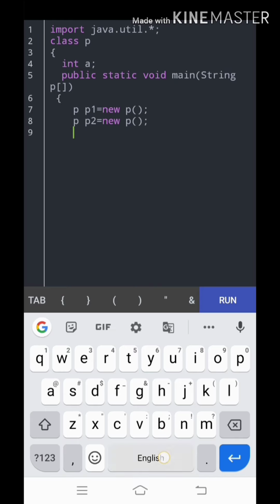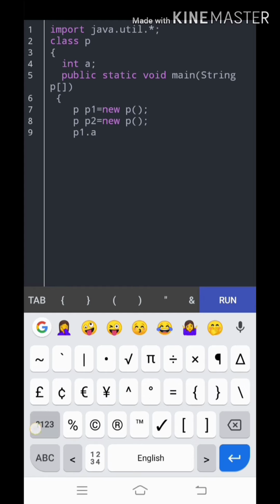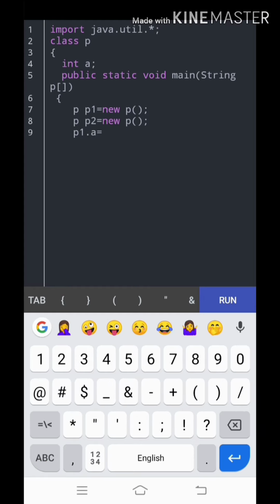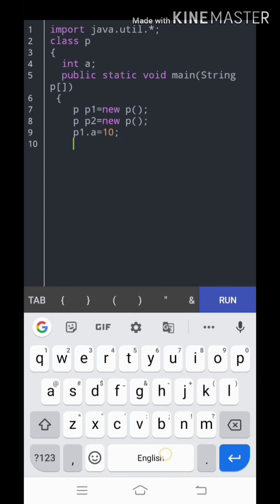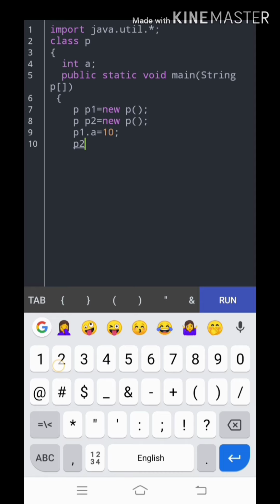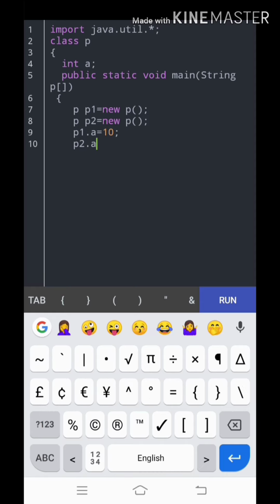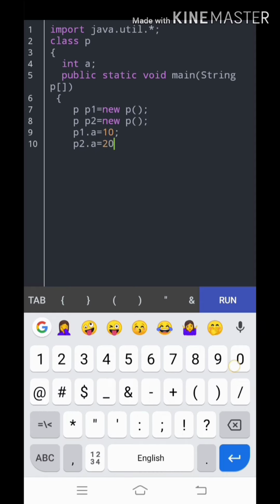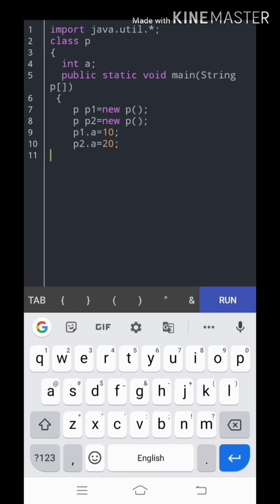What we need to do is call the variable with the help of the two objects. For that we take p1 dot a equal to 10. So the p1 dot a value will be 10 and p2 dot a equal to 20. So the p2 dot a value will be 20.